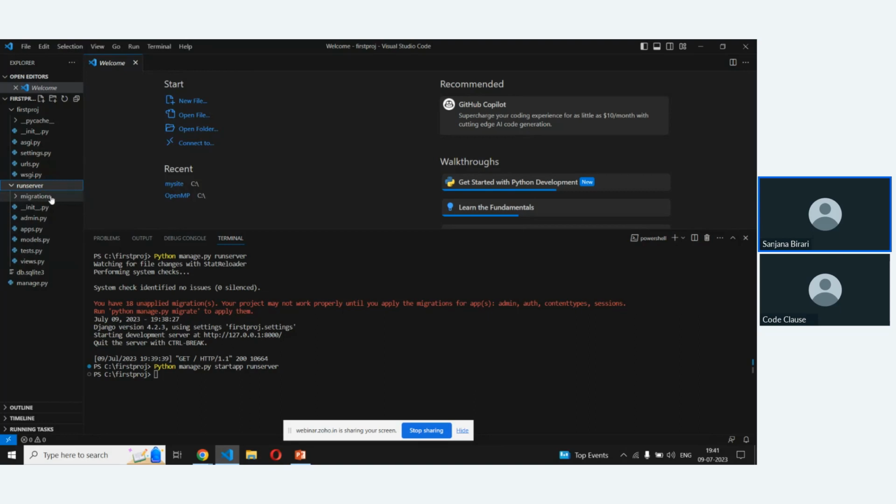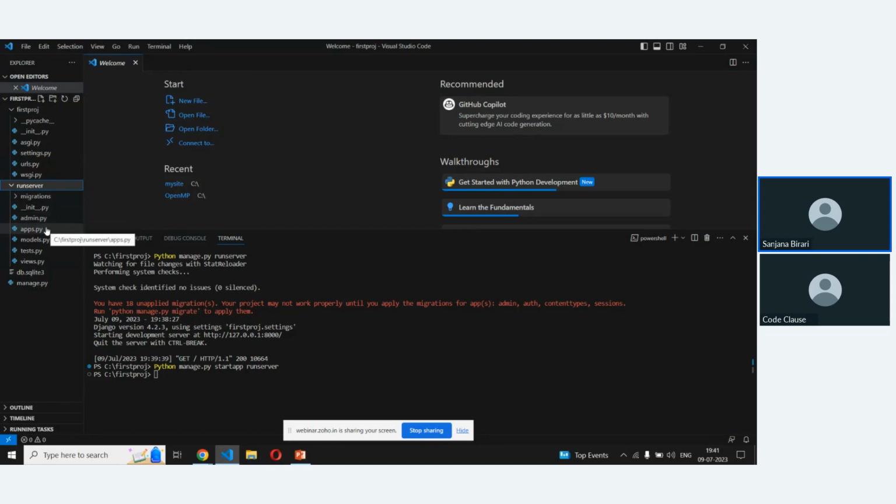This migrations folder is used for generating database tables. init.py, you know, is used to define that it is a package. Then admin.py shows how the admin panel or admin page will look.